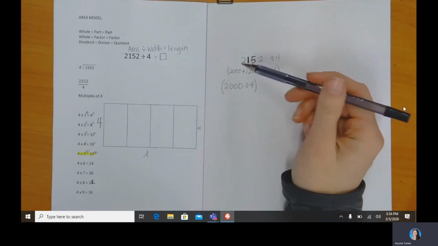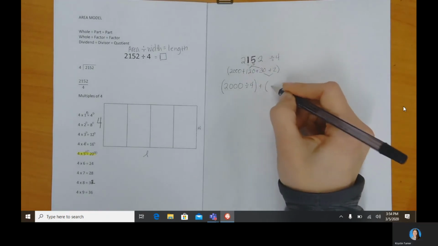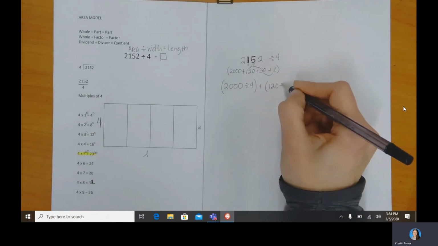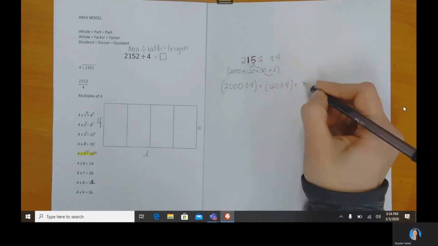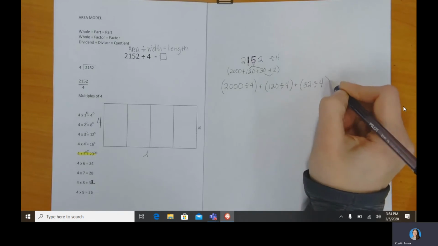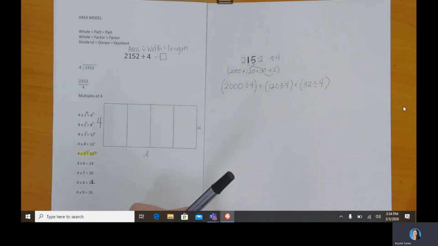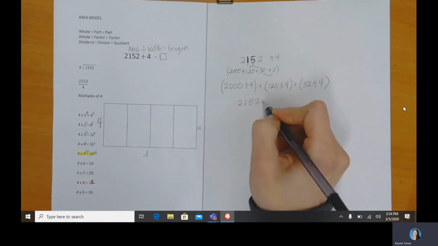So now I've decomposed it into 2,120 and 32 divided by 4. Okay, I could have done it differently. I could have taken this 2,152,